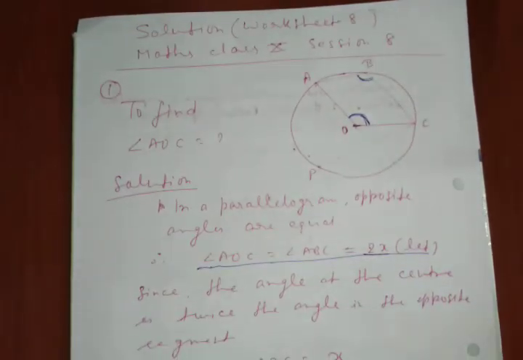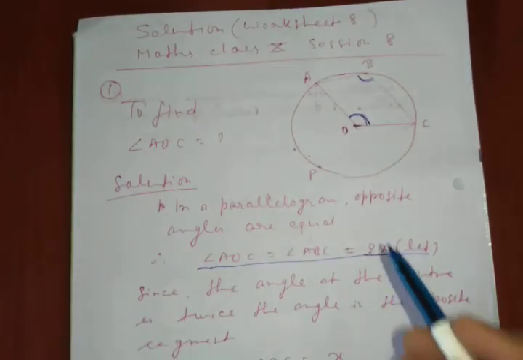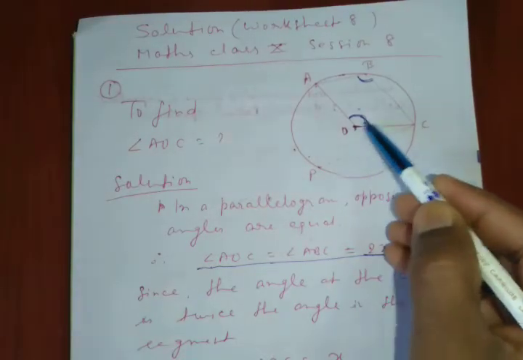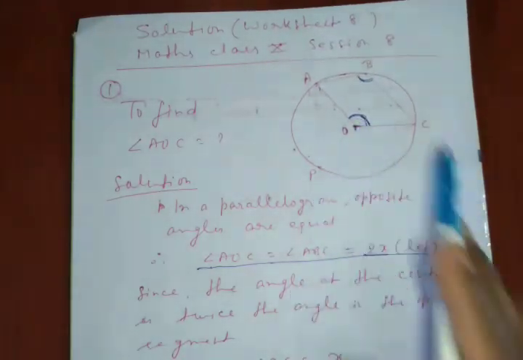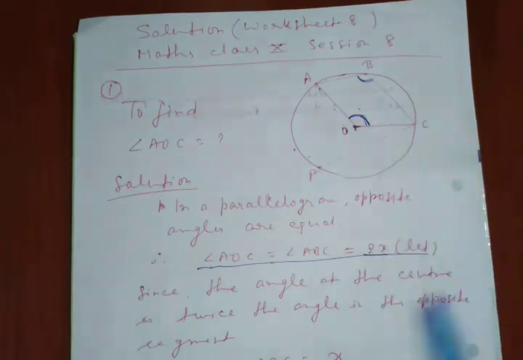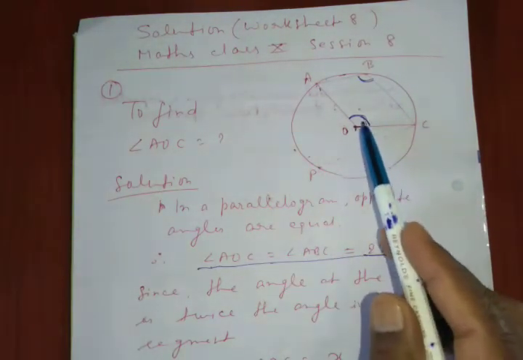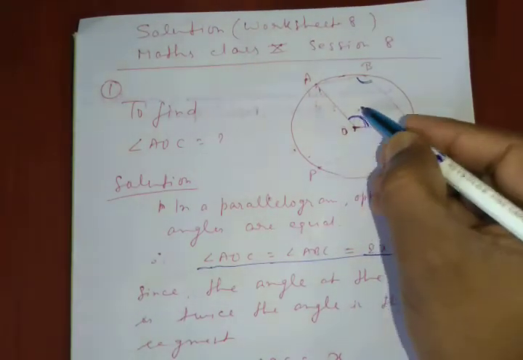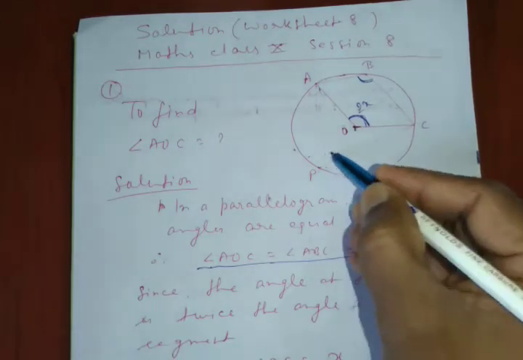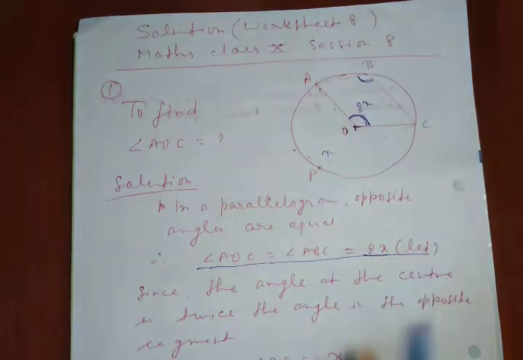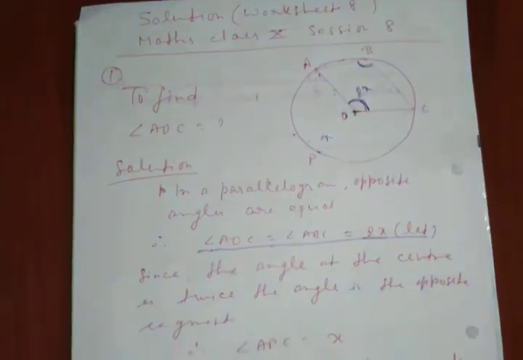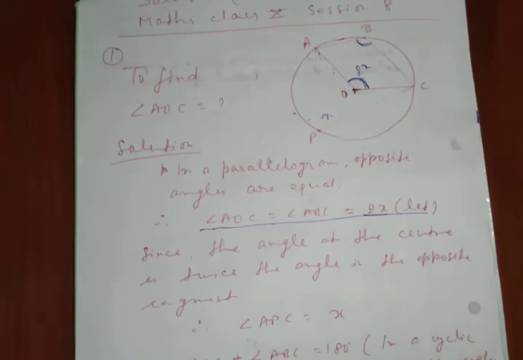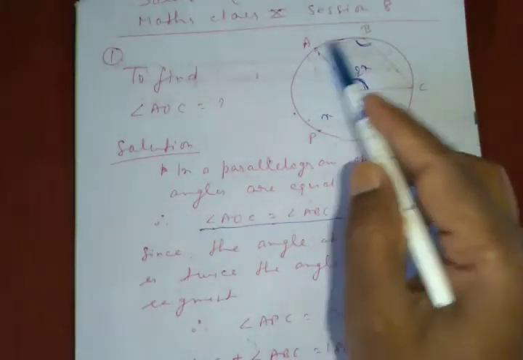Next, there is a theorem that you know: this angle AOC is at the center and angle APC is in the other part of the circle. So this angle is twice this angle. So if this is 2x, as we have supposed, then this will be x. So here angle APC will be x, but then here angle APC and ABC.